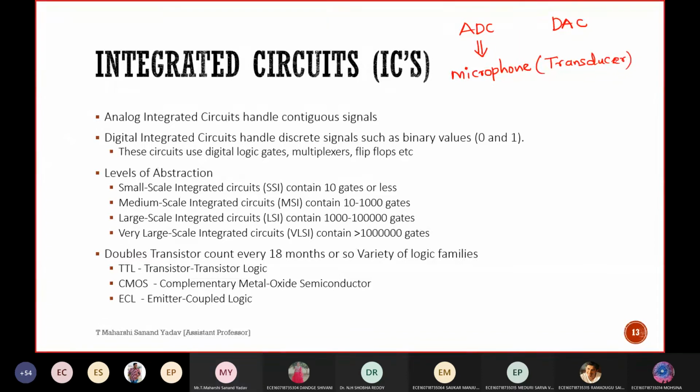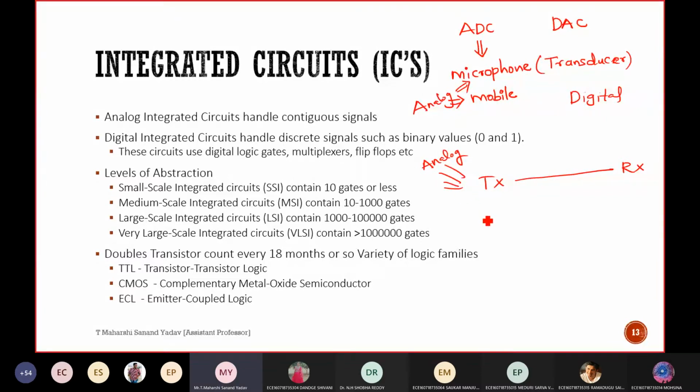Transducer, which is used to convert one form of signal into another. So generally you'll talk by using mobile, right? So the speech that is coming from you is analog or digital? Analog. So the microphone is nothing but a transducer which is used to convert that analog signal into a digital signal. Suppose there is a transmitter and receiver connected by means of a channel, and the input that is coming to this transmitter is analog, and here you will make use of one mechanism.